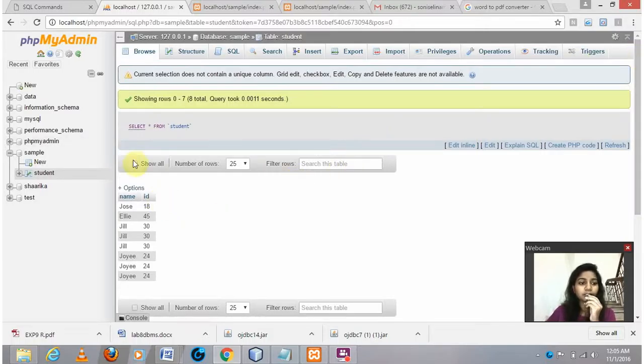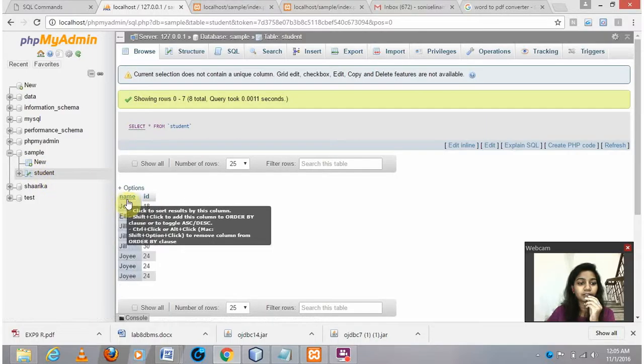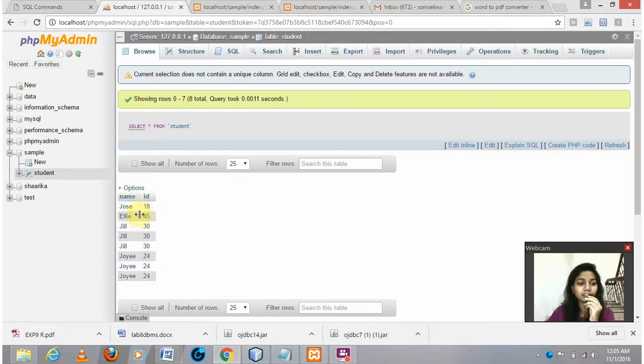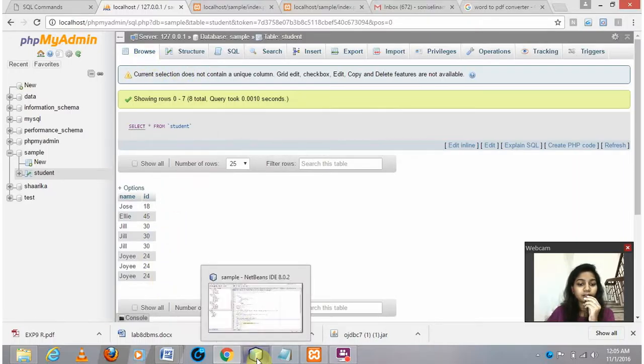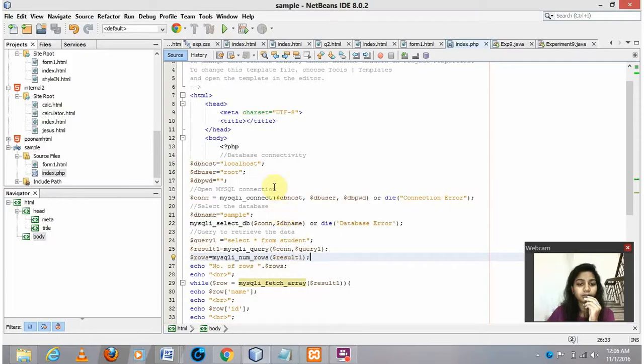I've already created a database named sample, and inside that sample I have created a table of student in which there are two columns, name and ID, and I have inserted Joe in these. All these data are already inserted. So what I'll show in this experiment is that using NetBeans I have inserted the value and it is getting